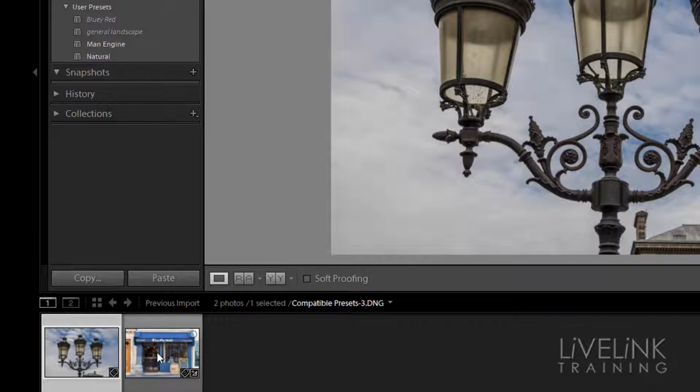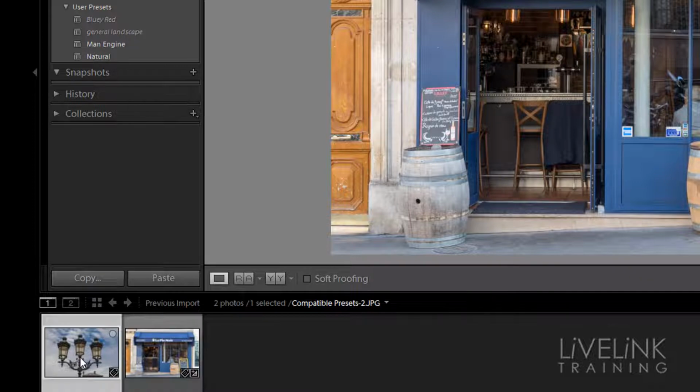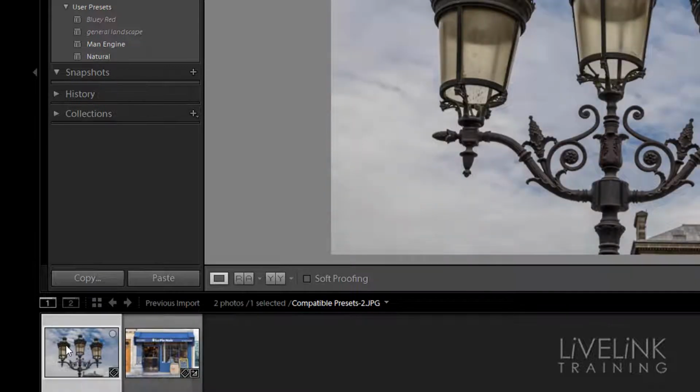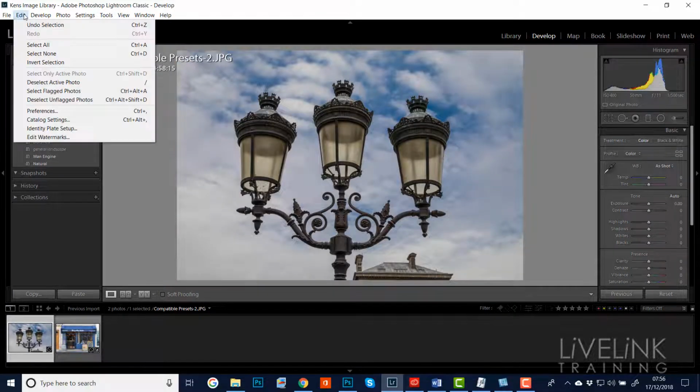You'll see that next to this I've got a RAW file, a DNG file. And if I click on that file, then they go back to being normal. And this means that, yep, these presets are compatible with the RAW files. Now sometimes these presets can be hidden. So I'll just go back to my JPEG image and show you that these two are actually visible. But if I go to Edit